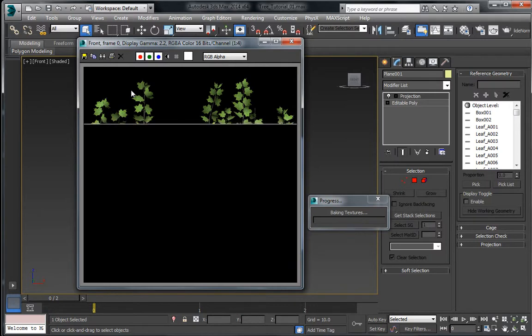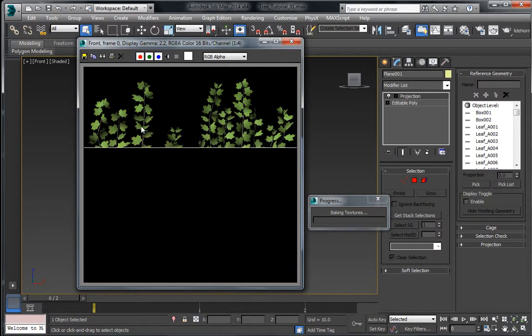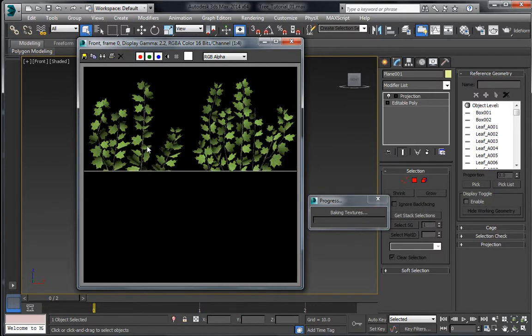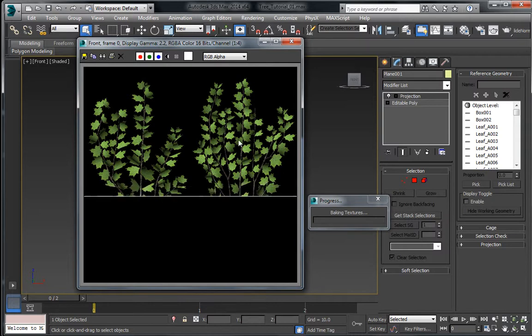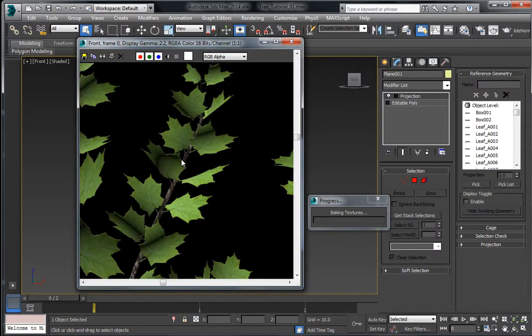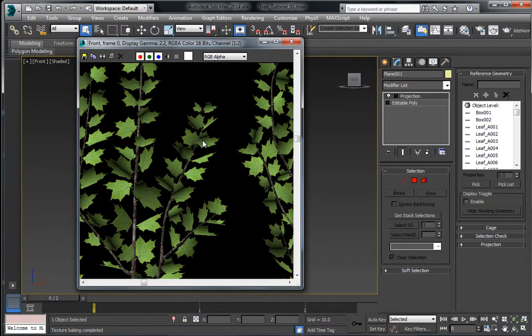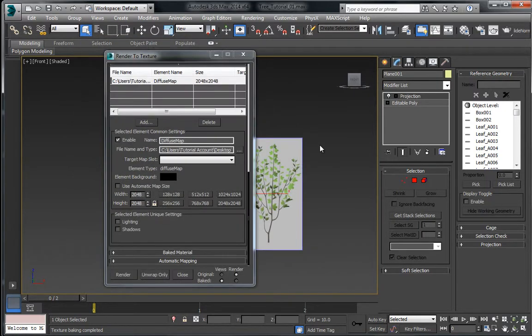And so you can see we get color information. Now there is something we need to change here, something I didn't account for just a moment ago. As you can see here, we have a bunch of shading information, and we don't really want that on the diffuse. So to fix this,